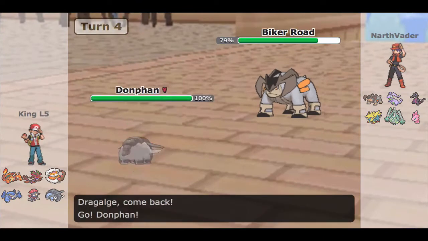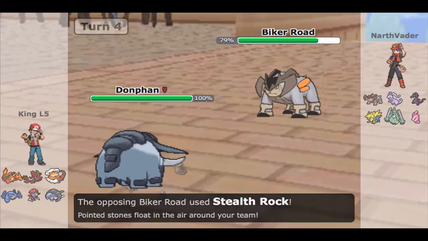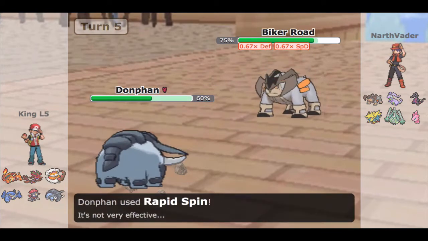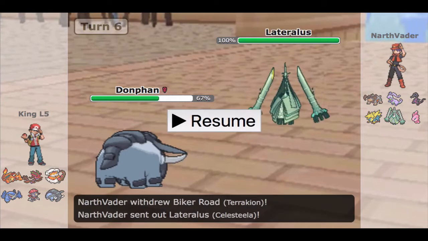So that's a decent play on his part, but if I Draco, that would have done almost 70%. But anyways, he gets up his rocks as I go into my Donphan. He has no Ghost type, so I am free to just click Rapid Spin here, get rid of those rocks as soon as possible. And now I'm just going to go for the Toxic, because if he wanted to try to stay in and get up rocks, I would be able to spin them away while he dies to Toxic,